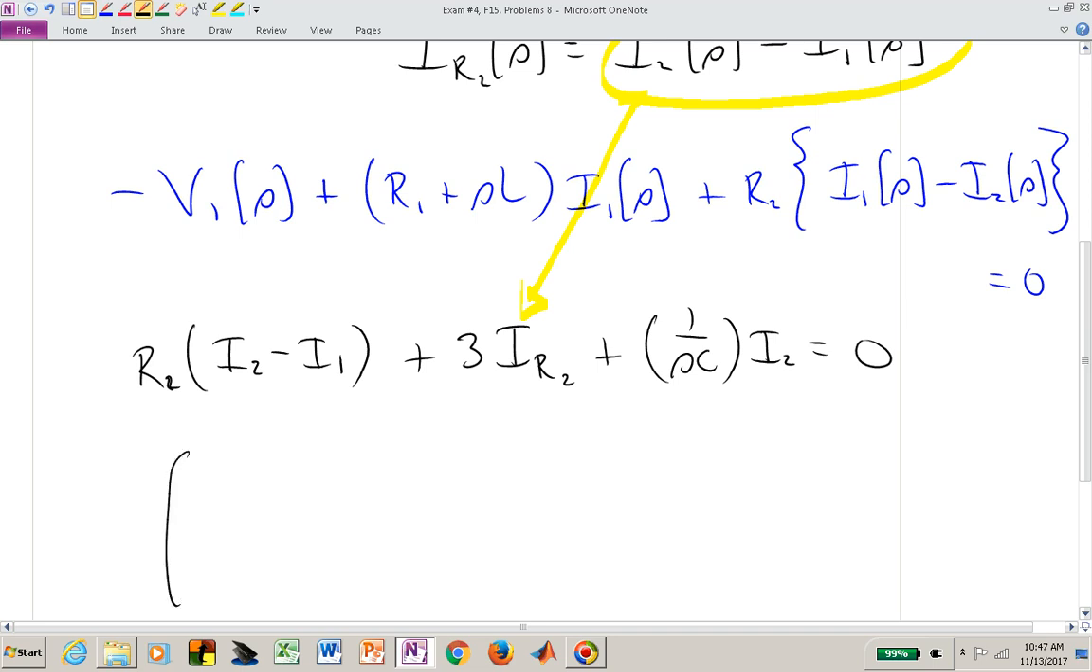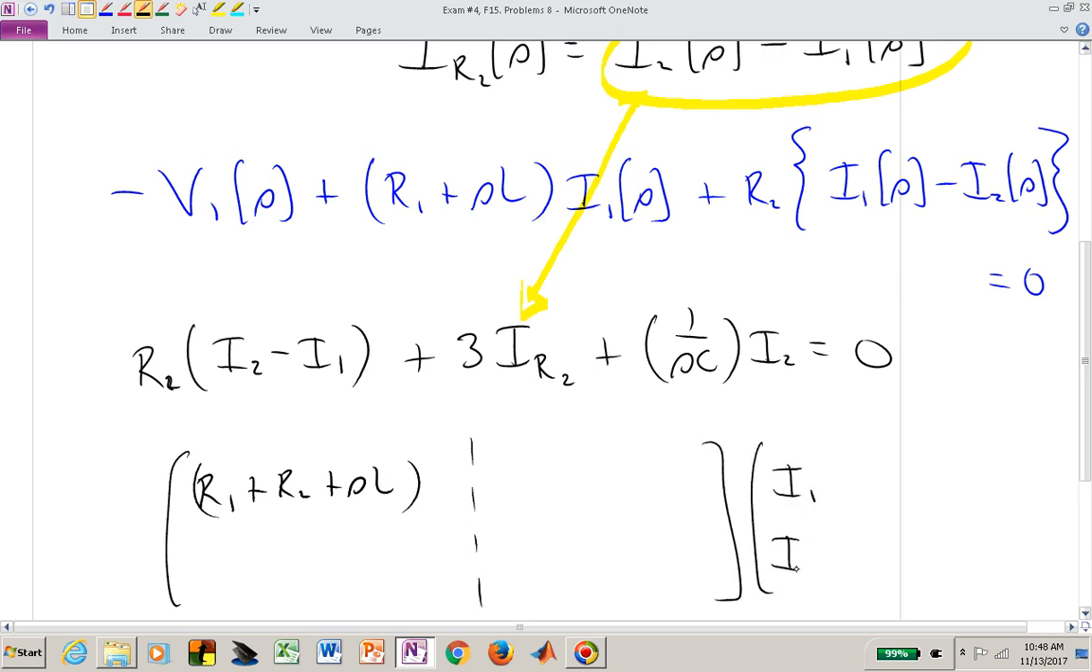We have what coefficient or polynomial or expression involving r's, l's, and c's that scale I sub 1. That's r1 plus r sub 2 plus sl. Scaling I sub 2 is the minus r sub 2, and that's now equal to v sub 1 of s. That's coming to us from the blue equation. The black equation, now we just have to remember that instead of this I sub r sub 2, we're going to go ahead